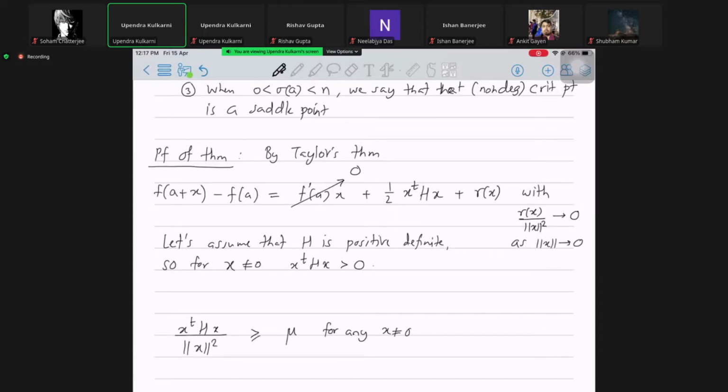So we did something like this before. Essentially, this quantity that I have written has, if I scale x on both sides, then let's say I keep taking x smaller and smaller, then the quantity x transpose hx will become smaller. But the effect of scaling I have negated by dividing by the norm of x the whole square. So do you recall something of this nature that we did earlier,